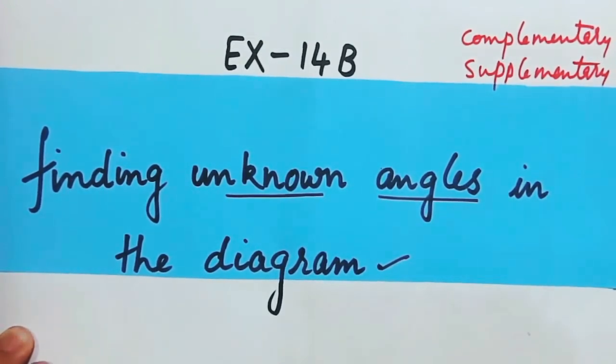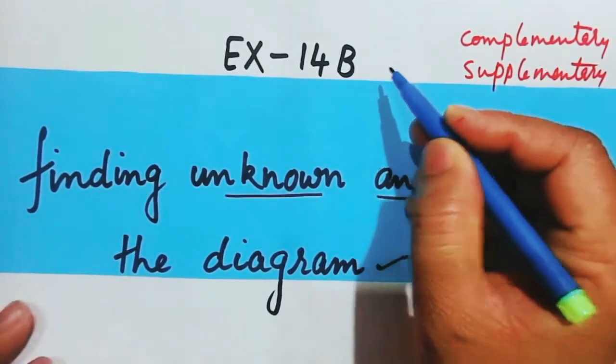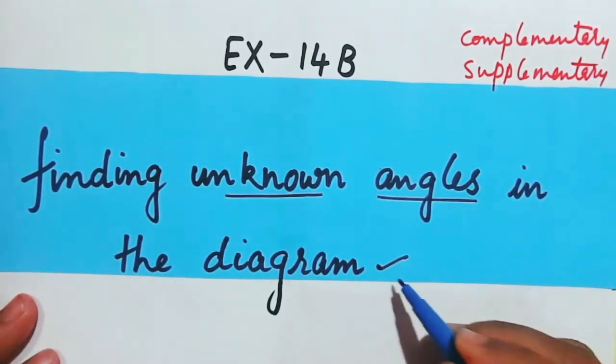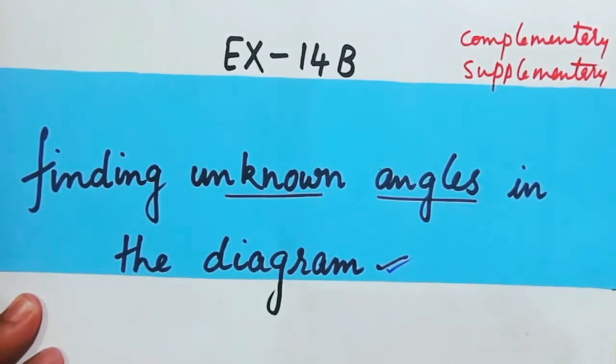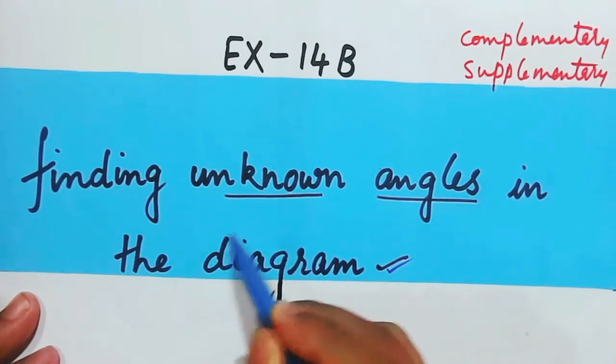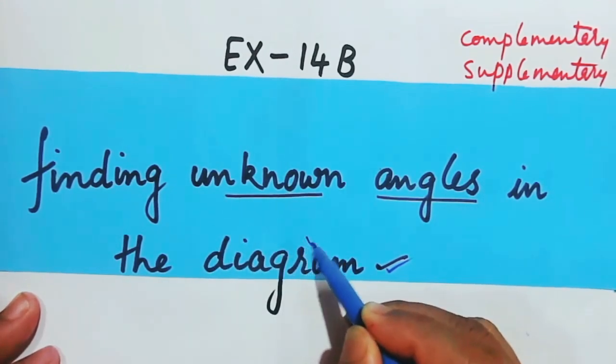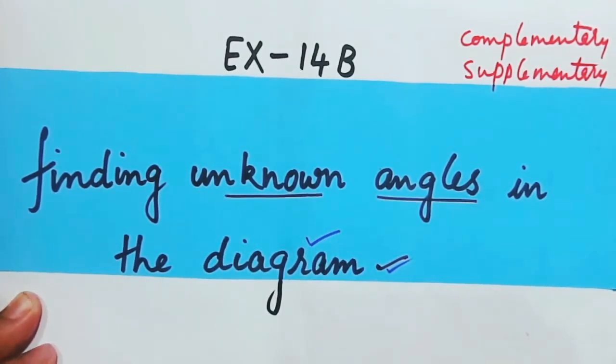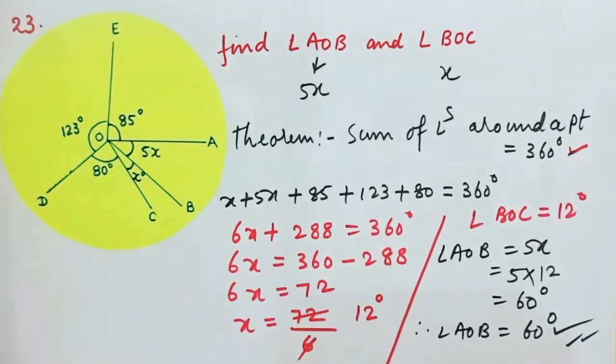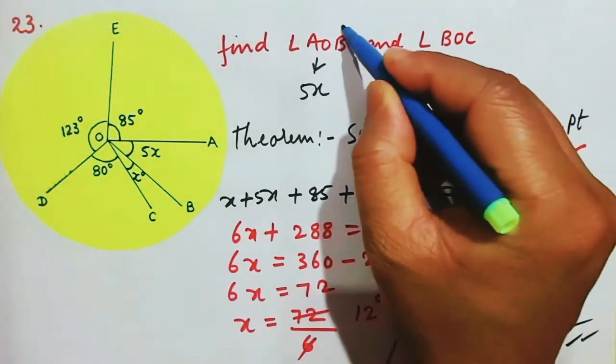So we are continuing exercise 14b, finding unknown angles in the diagram. This means the diagram will be given, and in that you have to find the value of the unknown angles, isn't it? The last sum that we were dealing with was 23, in which we were asked to find the angle AOB and